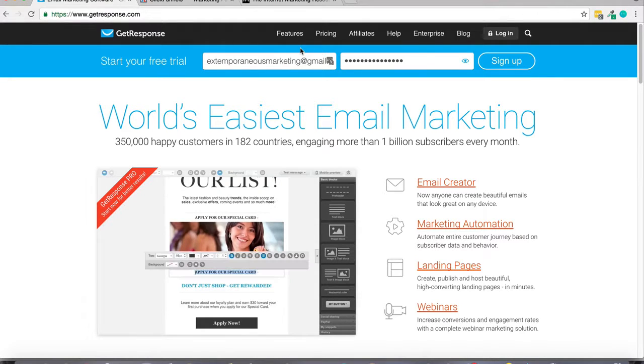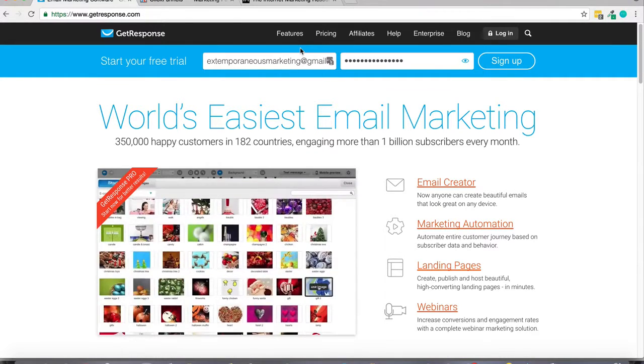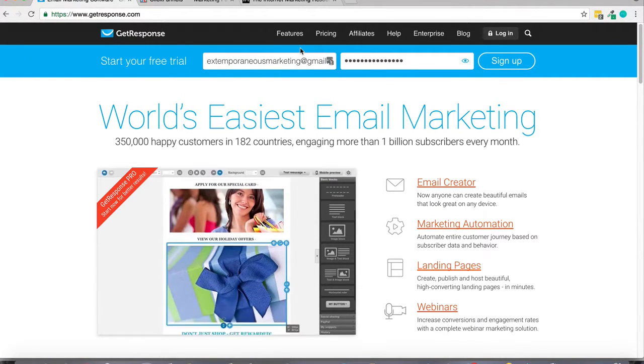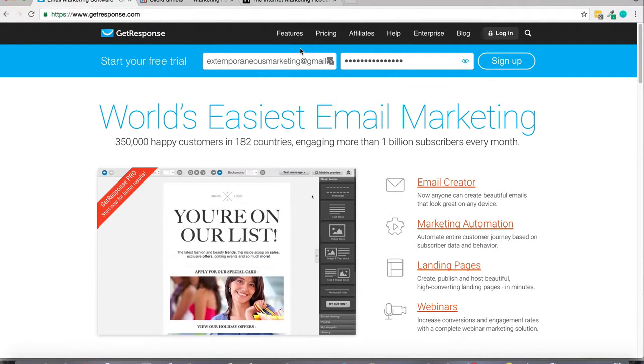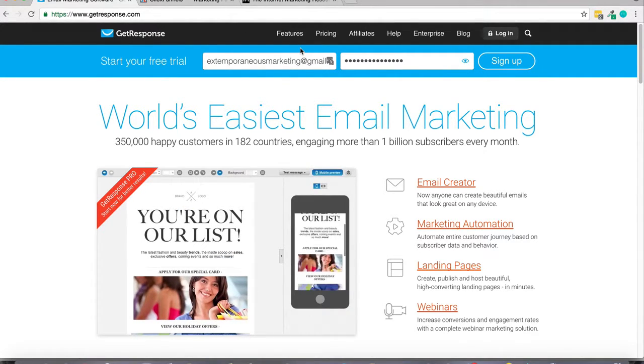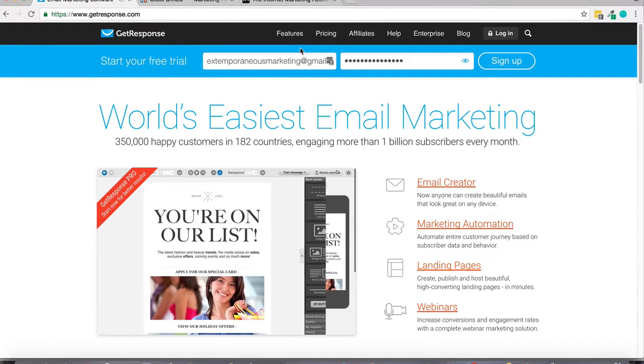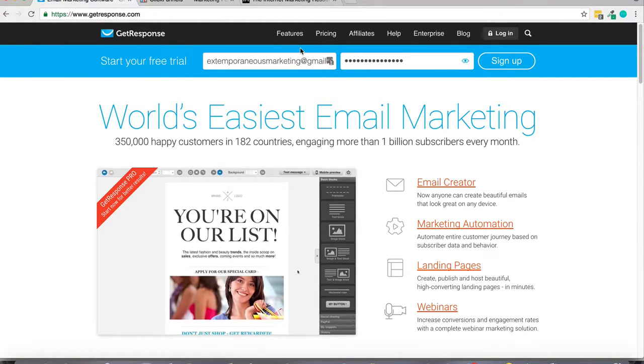And having a massive email list that you can tap into and message and communicate with at the click of a button is really the only way to create that sort of leverage. No other platform allows you to do that. No other business model allows you to do that, because you're basically creating your own audience.